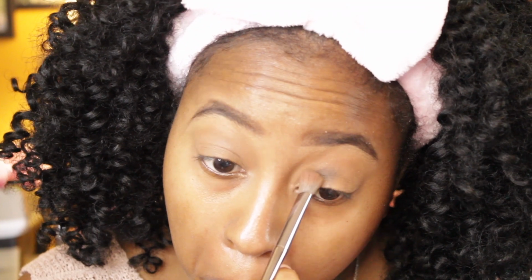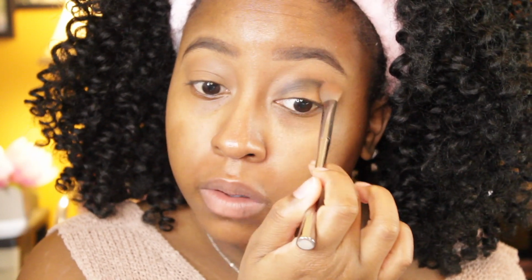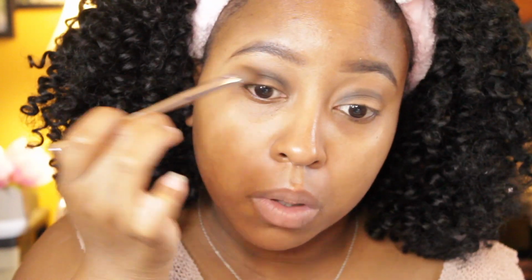Now, be careful with your blacks. They get very messy very quick, and they can make something that is colorful turn into something totally smoky. I'm using this black kind of as an outline in the crease so that not only the colors stand out better, but they also will have a kind of deep base to them, if that makes any sense. And this is exactly what she did in the tutorial too, so I totally get why it's kind of trying to use contrasting colors. So I'm blending this black out, as you guys can see,